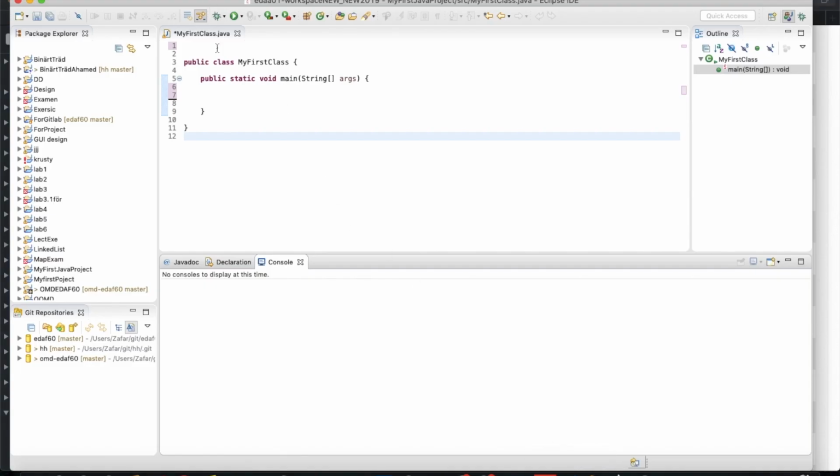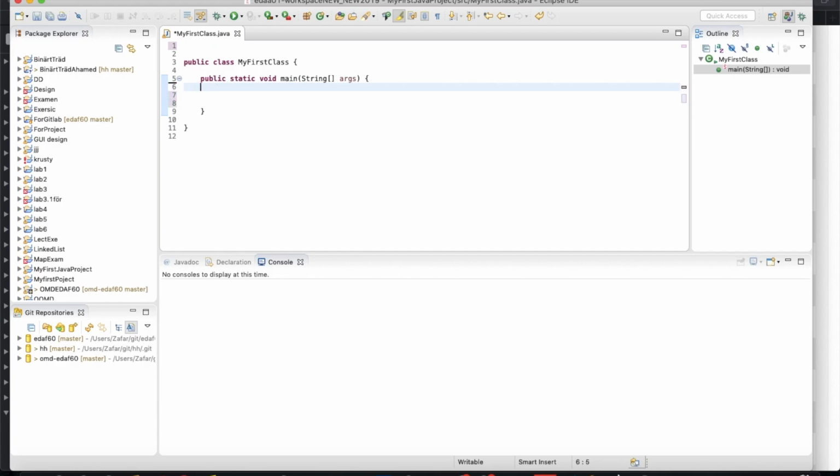So let's start. I would like the program to give me the maximum of two values which I'm going to give to the program. As I said, because the Math class is final and all methods are static, we don't need to create the object of the class. We can just call each method in this class by using the class name, dot, the name of the method. So Math dot,